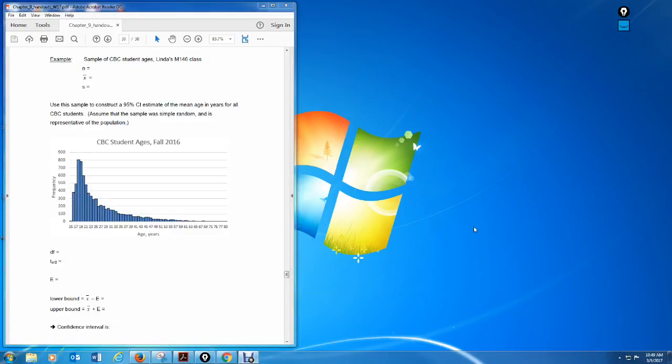All right, so let's move on to an example. We have from our class sample, you guys, at the beginning of the quarter, I got to sample all of your ages. My sample size was 28. The mean of your 28 ages, so this is our sample mean, was